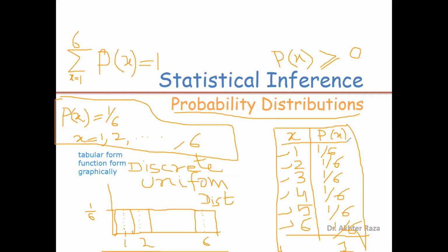In a cumulative distribution, it is generally represented by capital Fx. So what is capital Fx? Capital Fx is the representation of cumulative probabilities, not cumulative frequencies. So you can add consecutive probabilities. Initially it is 1 by 6, then 1 by 6 is added to this 1 by 6 and becomes 2 by 6, and then 1 by 6 is added again, so we have 3 by 6, and so on. Lastly, we have 6 by 6.